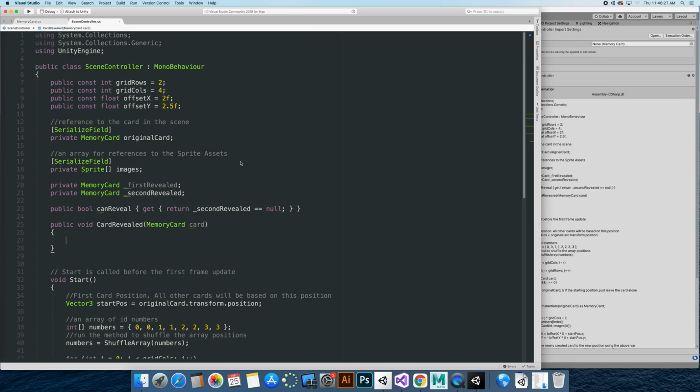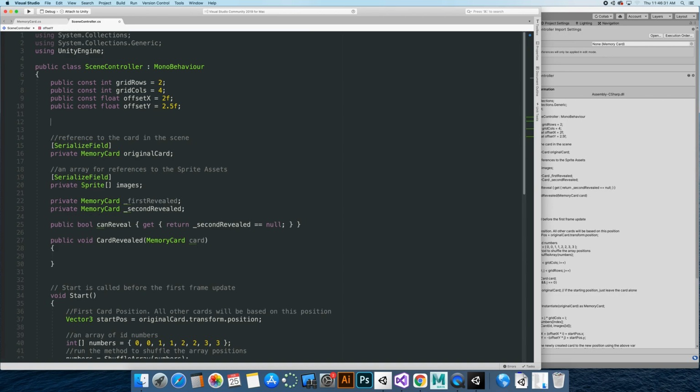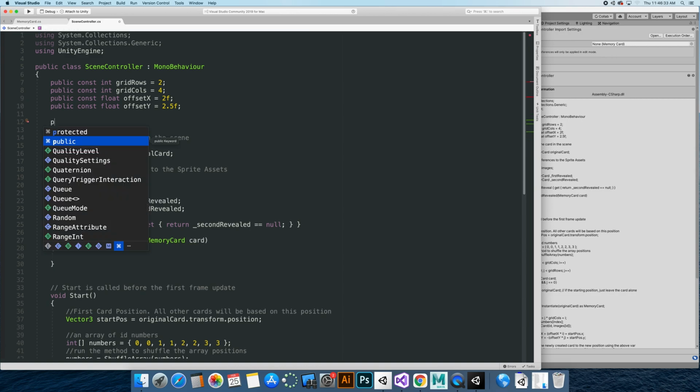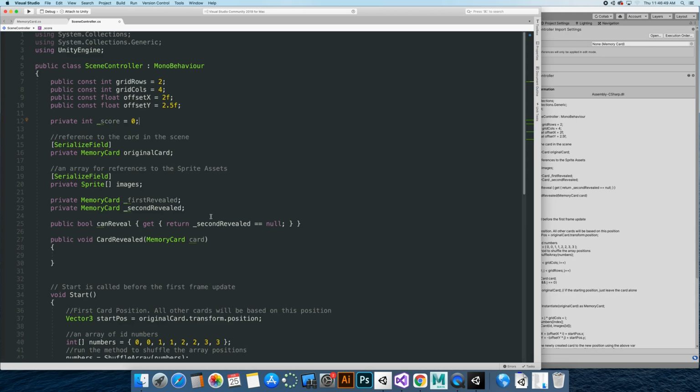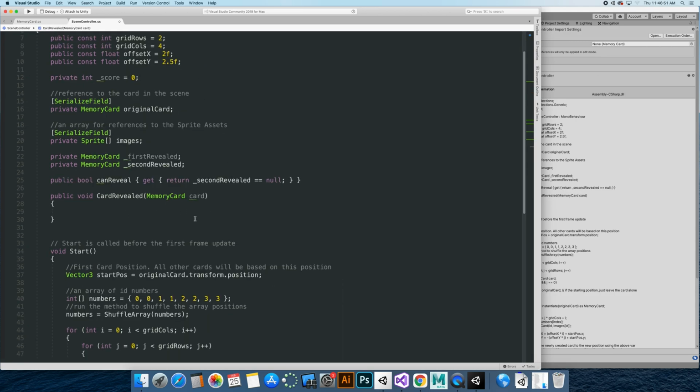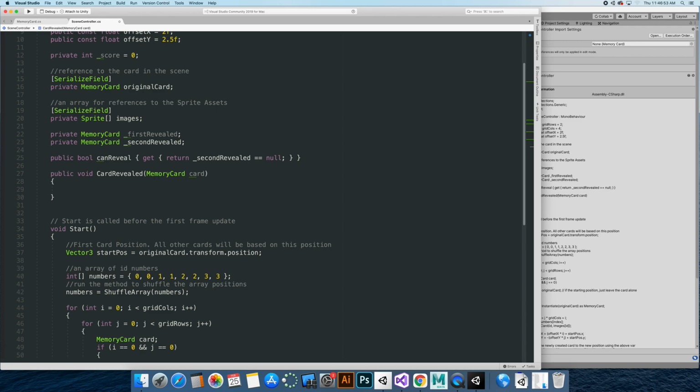Continue working on this. Up here at the top, I'm going to set a variable for my score. I'm going to say private. This way, you can expand on your game later if you want to add more cards, that sort of thing. I'm going to set my score variable to 0, and under the cardRevealed method that we set the framework up for before,